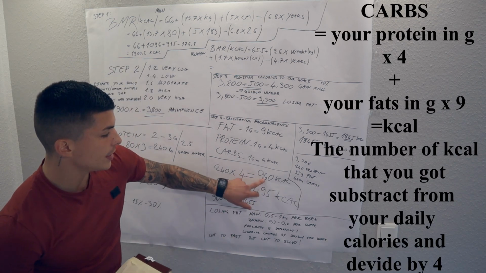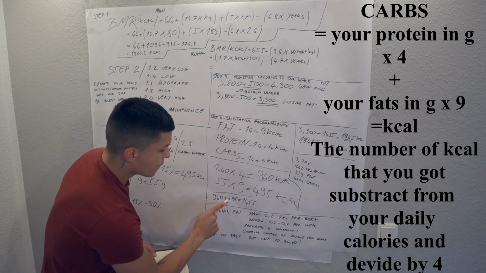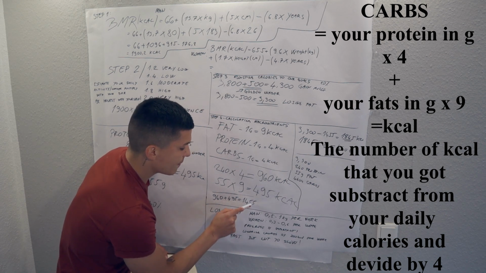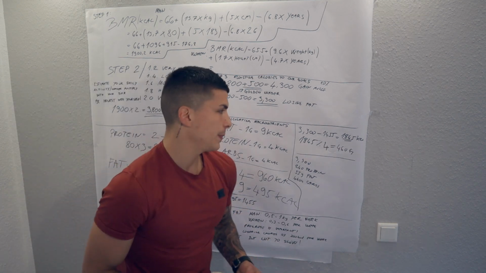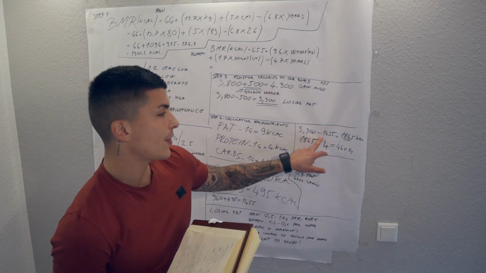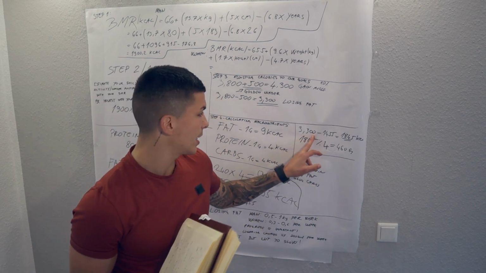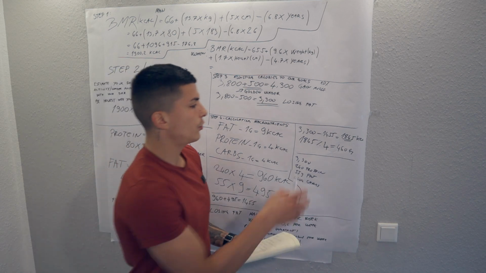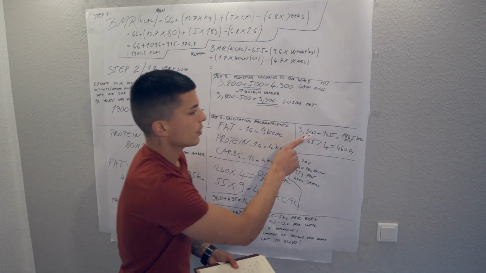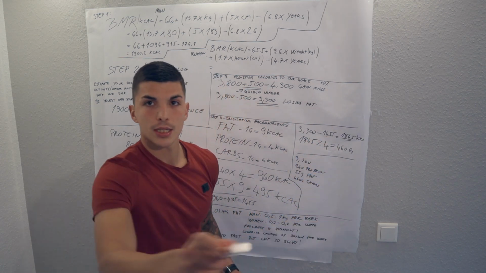We simply add these two numbers together. So 960 plus 495 equals 1,455. What does that mean now? That's the calories that we simply subtract from the calories that we want to eat. So I'm again subtracting from my cutting calories, 3,300, minus the calories from the protein and from the fats, so minus 1,455, and it equals, guys,